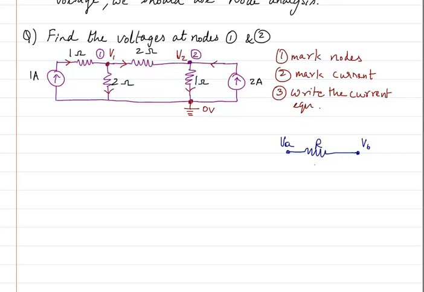a current, a resistance. Now let us say that we have assumed the direction of current to be in this direction. If we have assumed the direction of current to be in this direction, then it means that we are considering that this is positive and this is negative. We are assuming that this is positive and this is negative. It means we are saying that VB is more than VA. That is the meaning of positive here and negative here. That positive means that this voltage VB is more than VA.